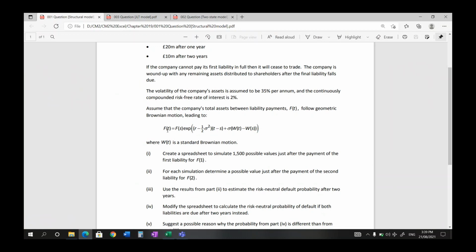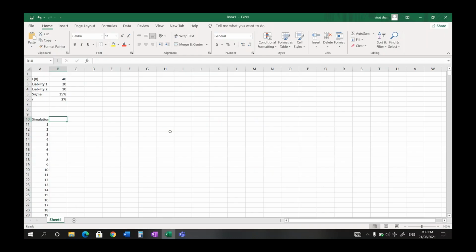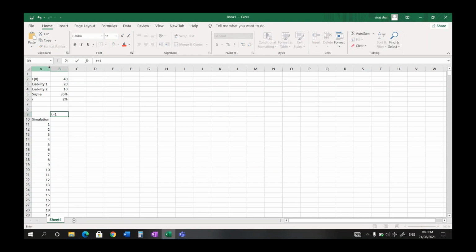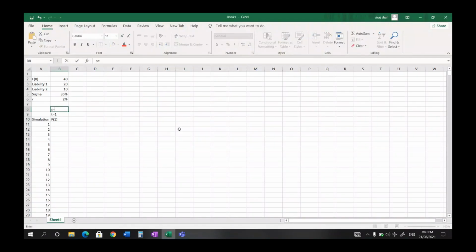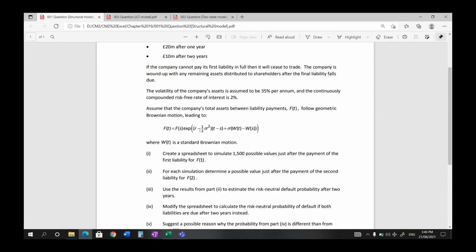Now we'll calculate F1. So for F1, your T would be equal to 1. I'm just writing it down here, though we do not need it. Your T would be equal to 1 for your F1 calculation, and your Fs would be where s is equal to 0. So we are simulating for that value. So Fs, that is F0, multiplied by e raised to